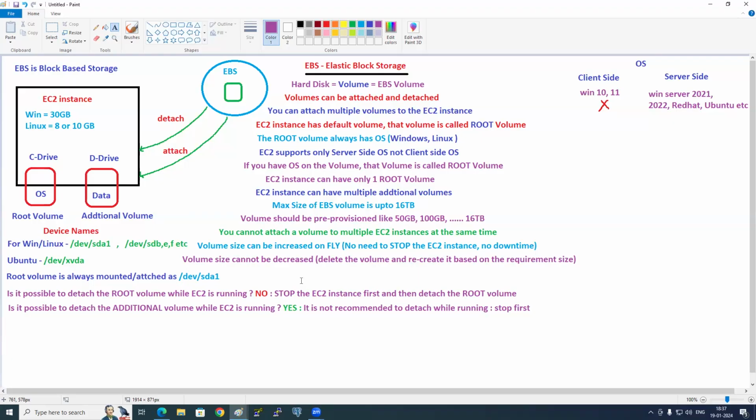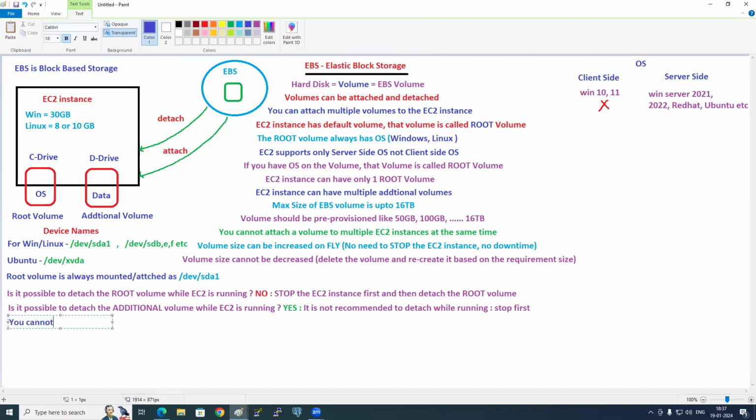Because the EC2 instance is using it, no. You cannot delete the volume while it is attached. Detach first and then delete.